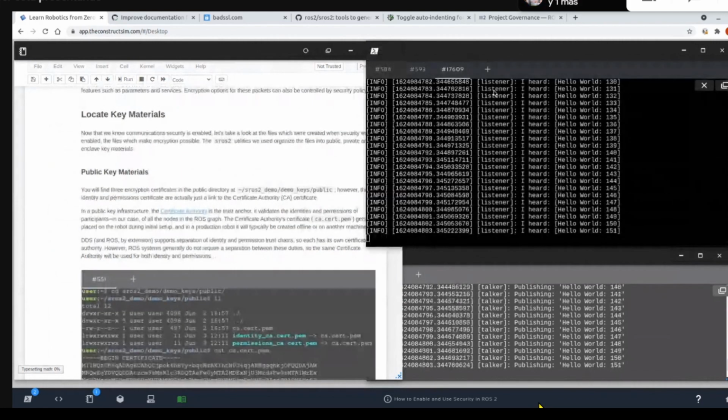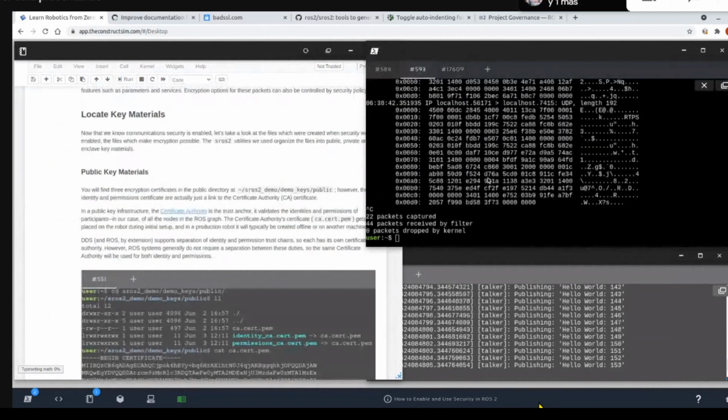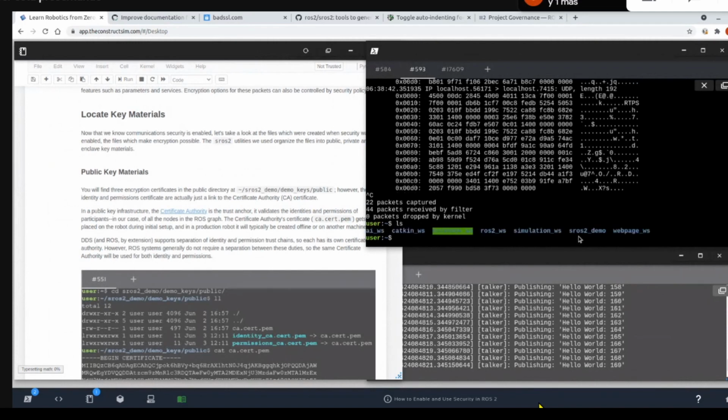So now I'm going to take a look at one other thing I want to do, which is what we actually did when we created our Keystore. I kind of hand waved through a couple of commands early on to create our Keystore. So let's take a look. If you're following along, you should have the SROS2 demo directory that holds all of our key materials. So if I go into that directory,